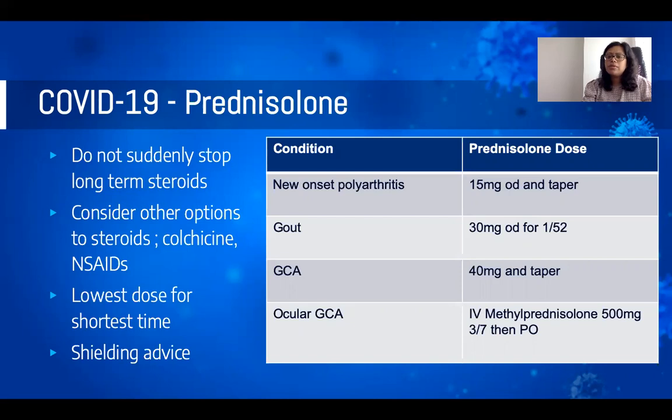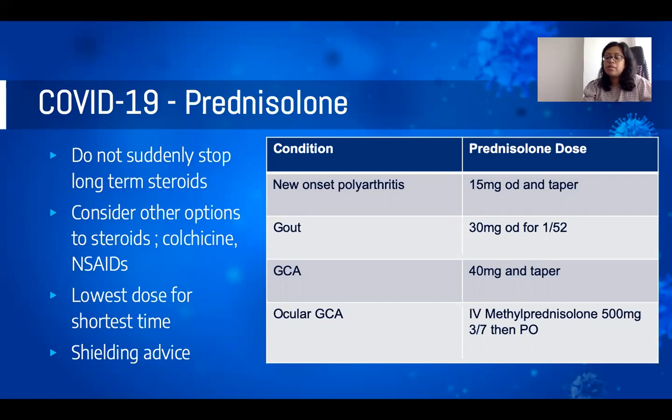So the table on the right just shows the general doses that we are using. So for a new onset polyarthritis, you can give 15 milligrams of prednisolone daily and taper. Gout, if you can't give NSAIDs and colchicine, you give 30 milligrams a day for a week and stop. For giant cell arteritis or temporal arteritis, you start off with 40 milligrams and taper. You may want to start higher doses if they've also got jaw claudication, because it puts them more at risk